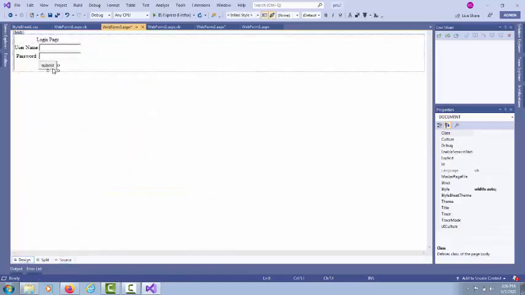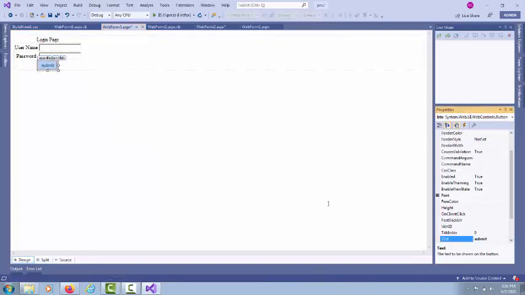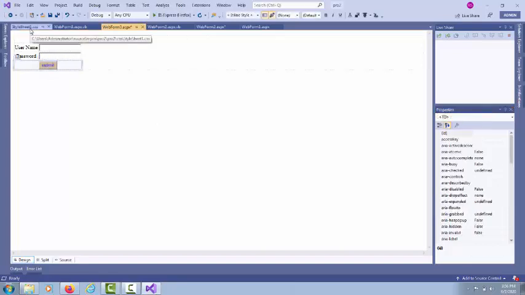Now, on whichever control you want to apply the CSS, select that particular control, go to Properties, and set the CssClass. So I set here btn style. It will be directly available if you drag and drop the particular class. If the name is not directly available, then you can type the name. So you can see the particular style sheet is applied here.